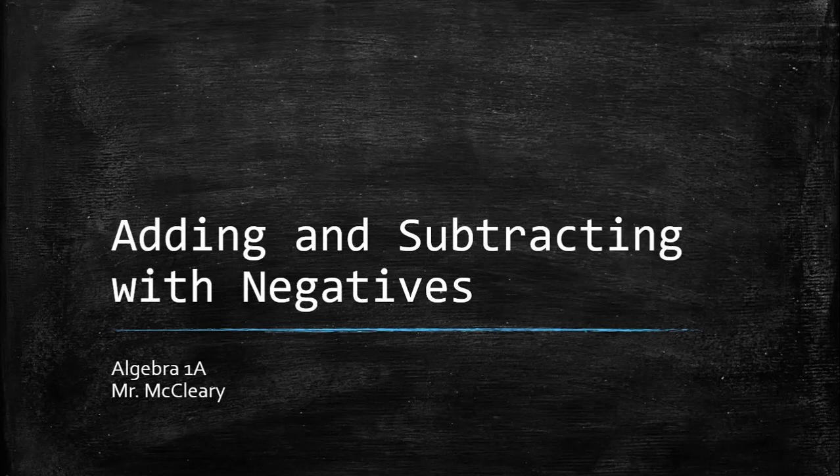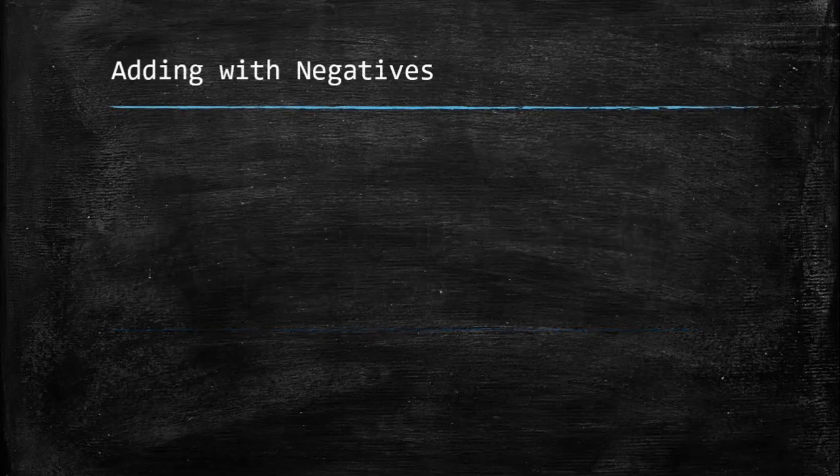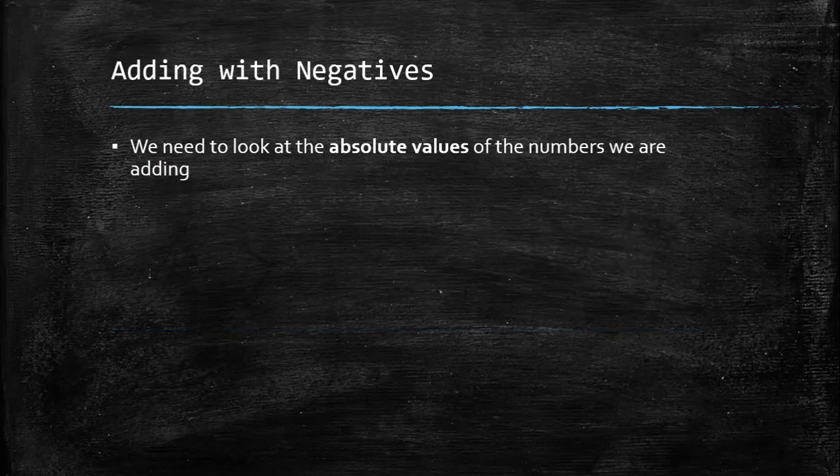Okay, today we're going to switch things up a little bit and we are going to add in some negative numbers and we're going to subtract them too. So let's look at adding and subtracting with negatives. Alright, so when we're adding with negatives, we need to be looking at the absolute values of the numbers that